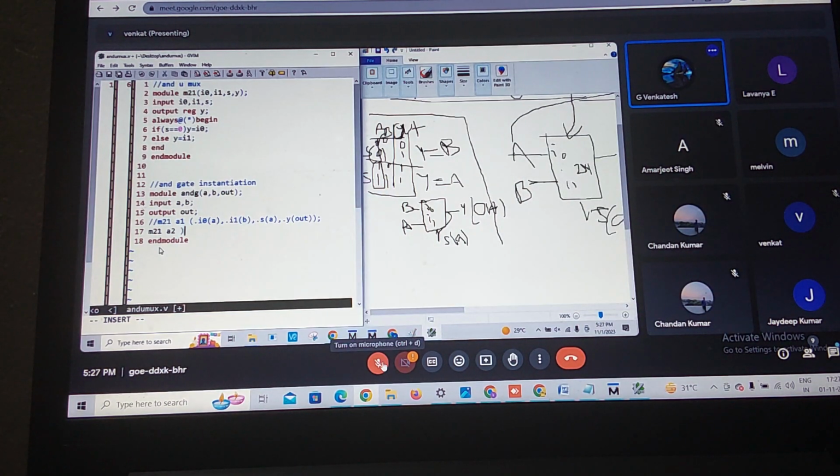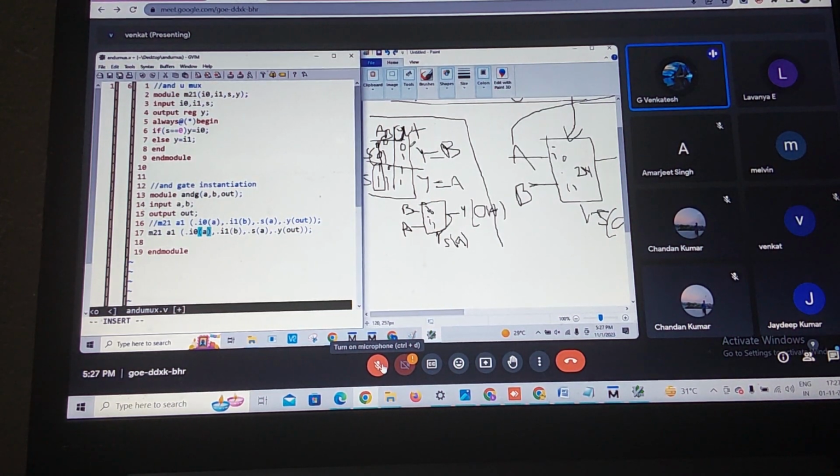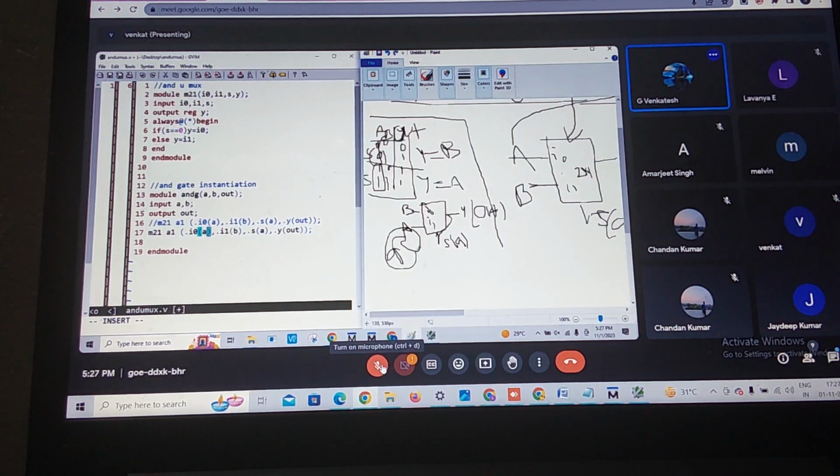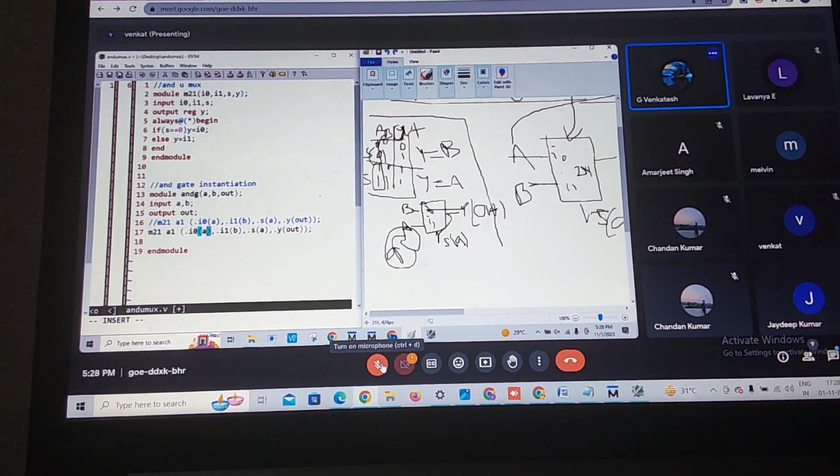Copy paste it. B. This is my OR gate. It is selection line 0, I0. This I0 is connected to what?